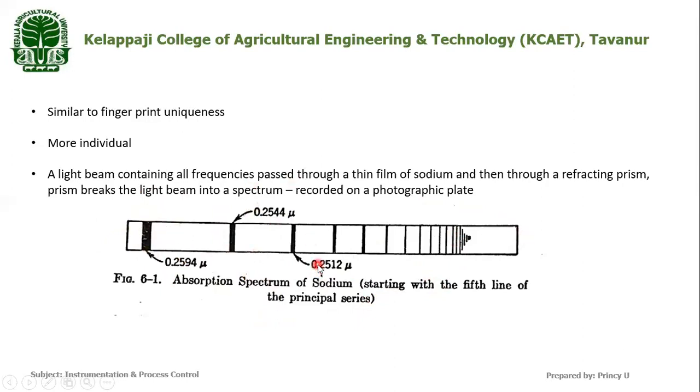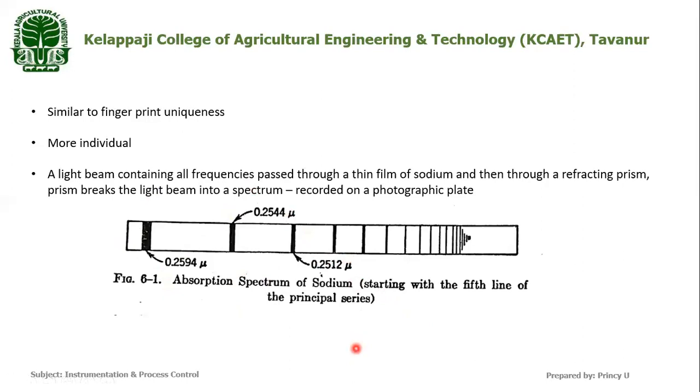White background with dark lines is what we get. So this indicates that certain frequencies are now missing. So from the light that came, we can see that some frequencies are missing. The missing portion is indicated by these dark lines. Okay, so